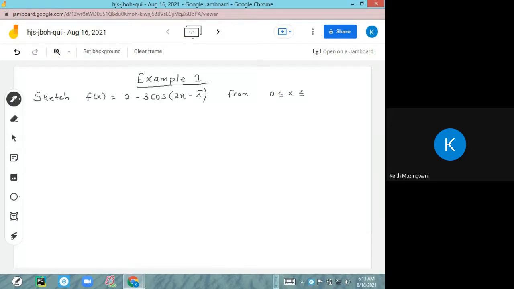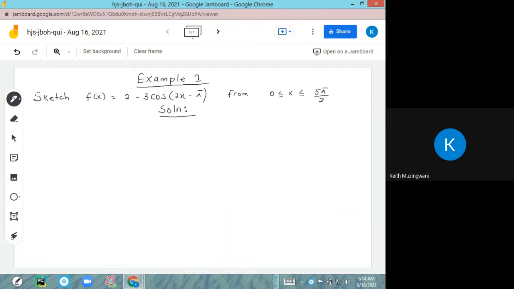Okay, so from 0, let's divide those over 2. And that's 5 pi over 2. Okay, so we take that root. The solution in the sketch,